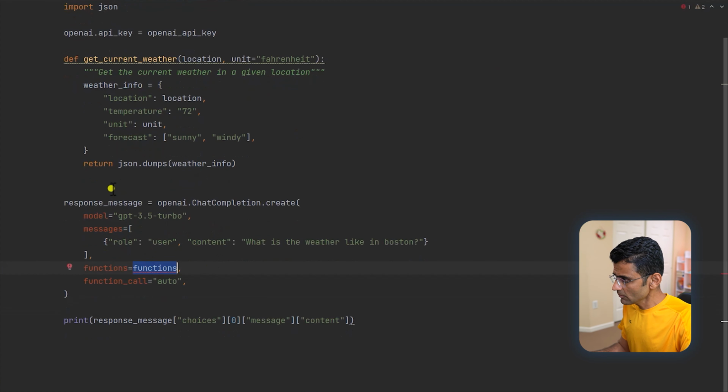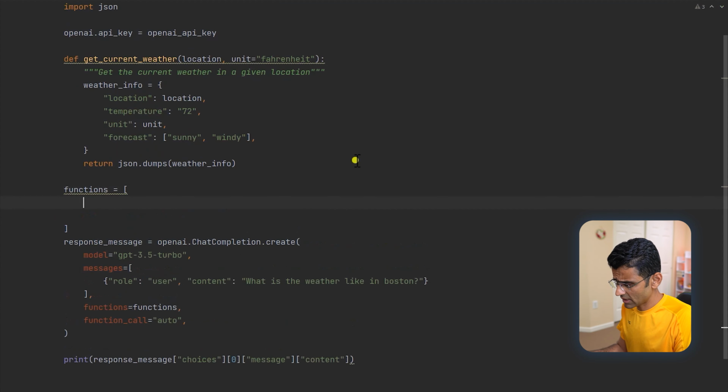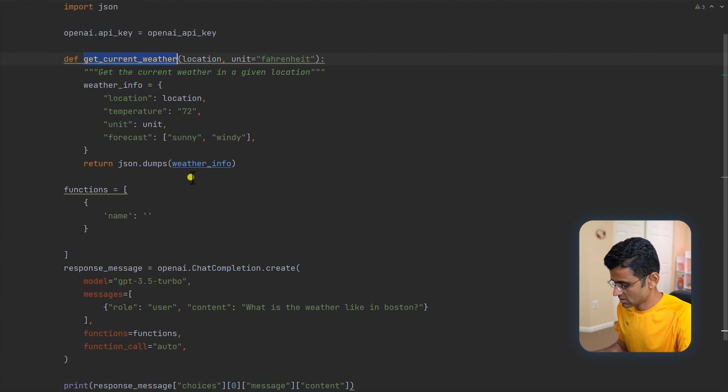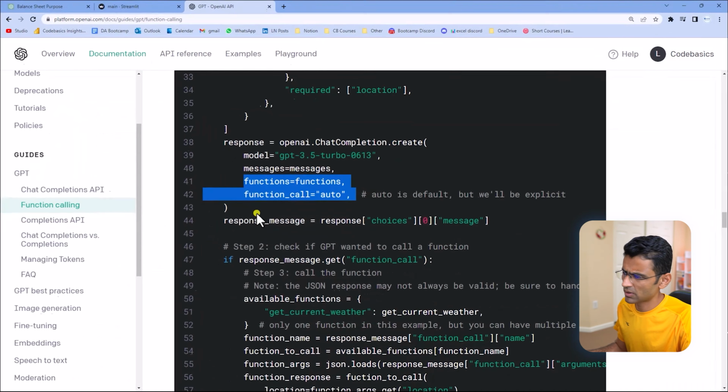Here, this functions is a variable which is a list, and in the list you provide information on what function OpenAI can call if it doesn't find information in its own knowledge. The name of the function is get_current_weather, and you can give some other parameters too.